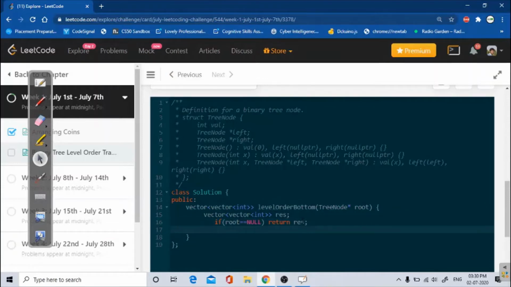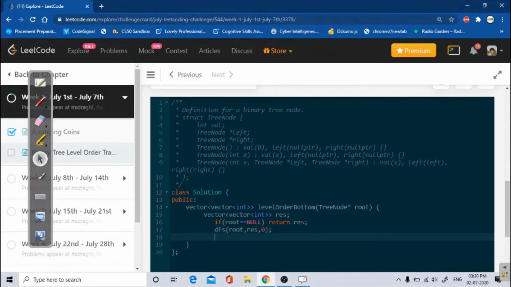After that I'll do depth first search. I will pass root, result, and currently my level is 0, so this denotes my level.